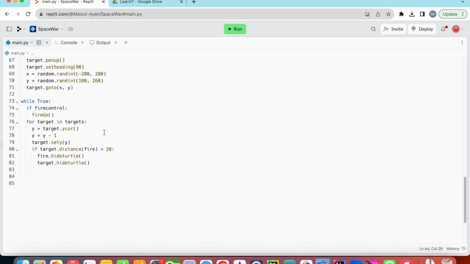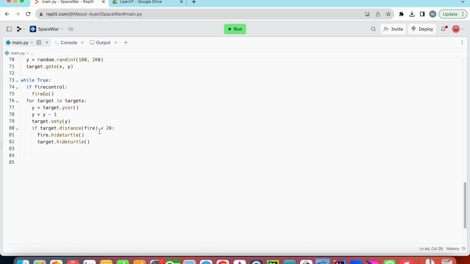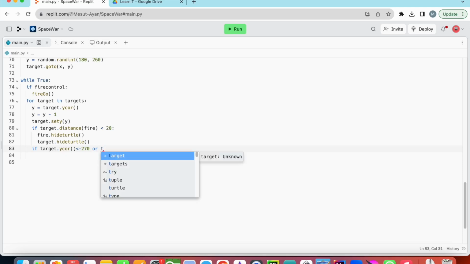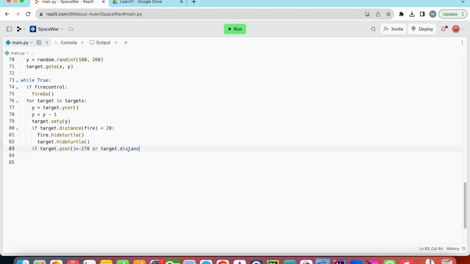lose the game. So here in the for loop I am going to check if the target y coordinate is less than minus 270, it means the target reached the bottom, or if the distance between target and player is less than, for example, 20, it means our player hits an enemy, or again